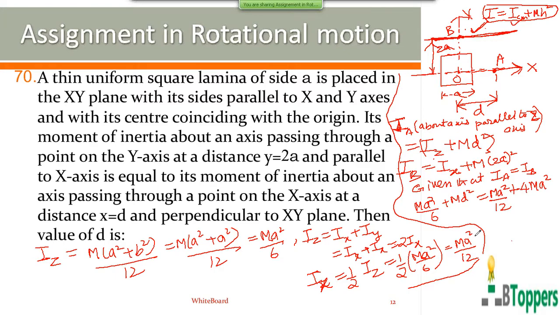So those who want to copy the solution of this problem can take a pause and copy the solution. This problem was given in one of the previous MHT CET exam papers, in an engineering paper, I think in 2004 or 2005. A similar question with a circular plate was given in the medical entrance in 2005 and also in 2006. Take a pause, copy down the calculation and complete it.